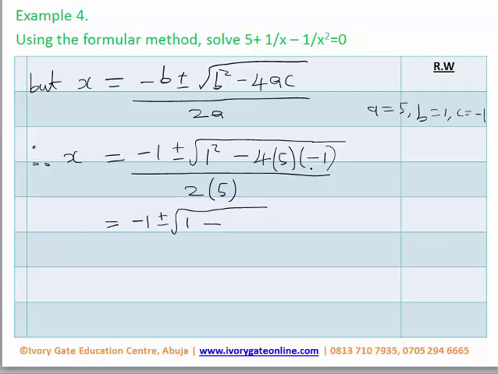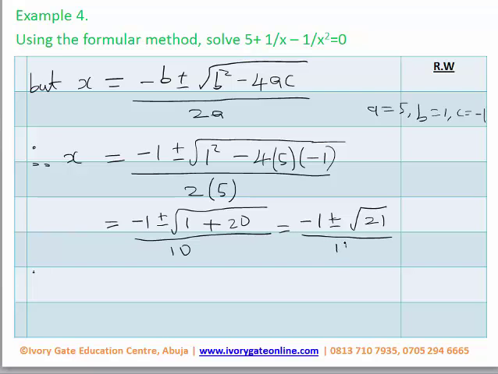So minus 20 times minus 1 is plus 20, all over 2 times 5 is 10. Owing to the constraints of space, let's push this further. Say this is minus 1 plus or minus square root of 1 plus 20 is 21,